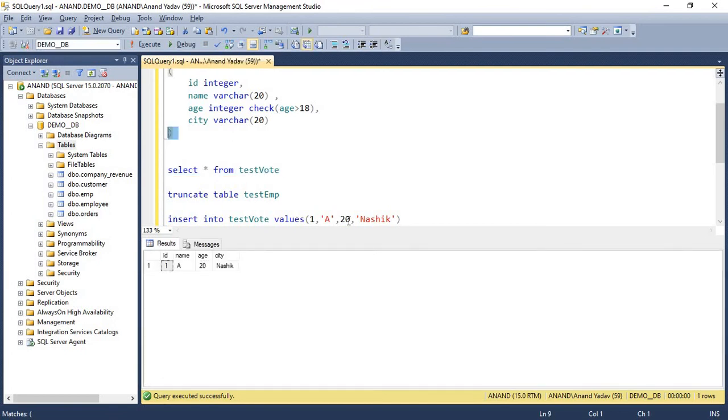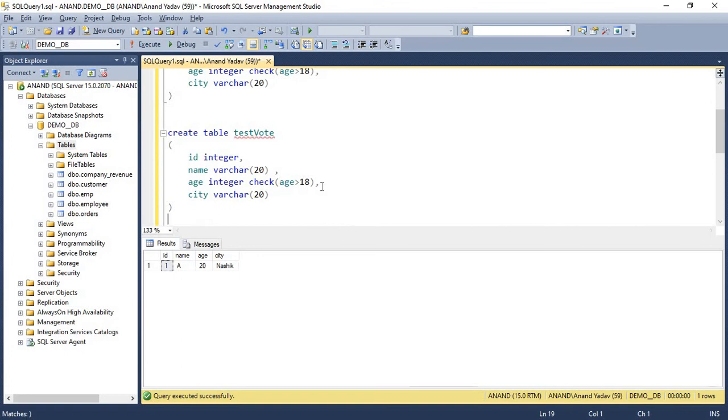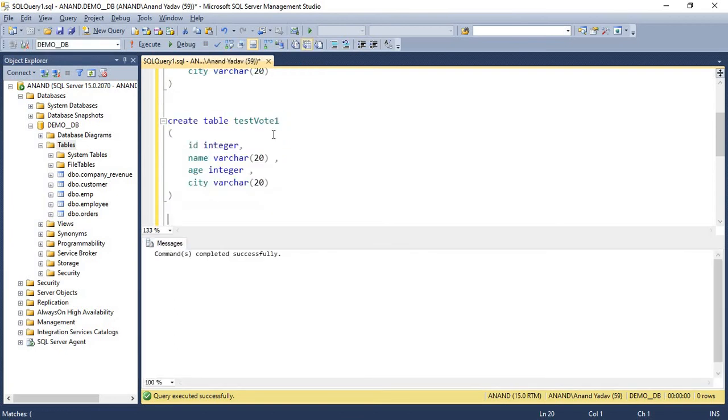Now suppose I have created the same table and I forgot to add this constraint. So I will name it test vote 1. I have created this table. Now later I wanted to apply the check constraint on this table test vote 1.